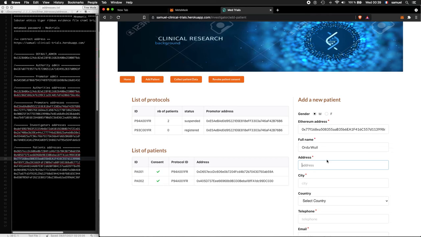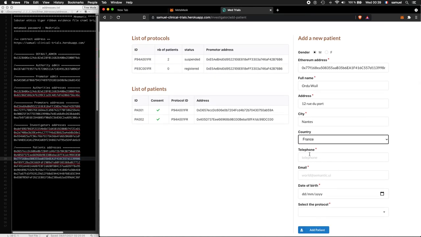The address, 12 rue Icor. For the city, I'll say Nantes. For the country, France.